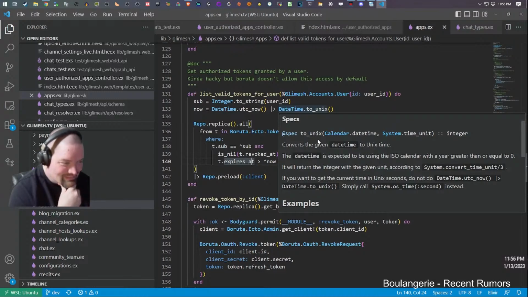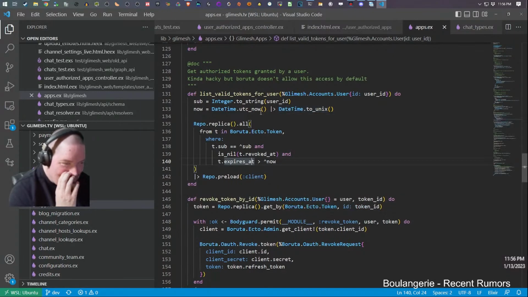If you want to get the current time in Unix seconds, do not do datetime UTC now piped into datetime to Unix. Simply call system OS time second instead. Do not do the thing that we did. Okay.